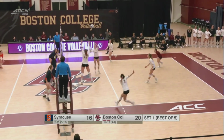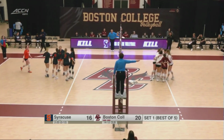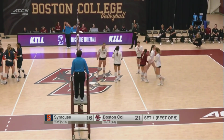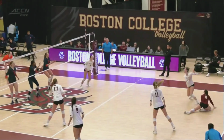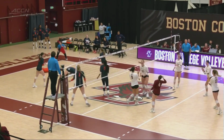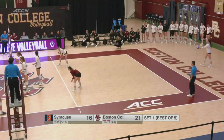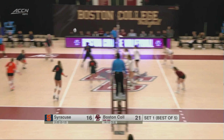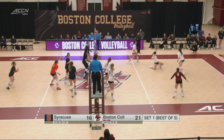Schroeder with a pass. Jensen again, blasts another one through. Jason Kennedy always used the word terminal. She's a really terminal player, and I think you see that so far today. When she's playing with confidence, you're seeing a lot of shots like this, just putting everything on it, just trusting that it's going to find the spot that she's looking for. And it feels like at times that's what BC has needed as much this year, somebody to just finish off